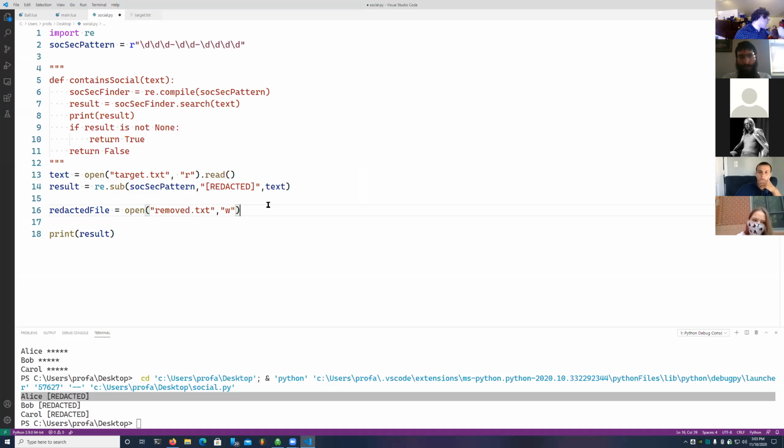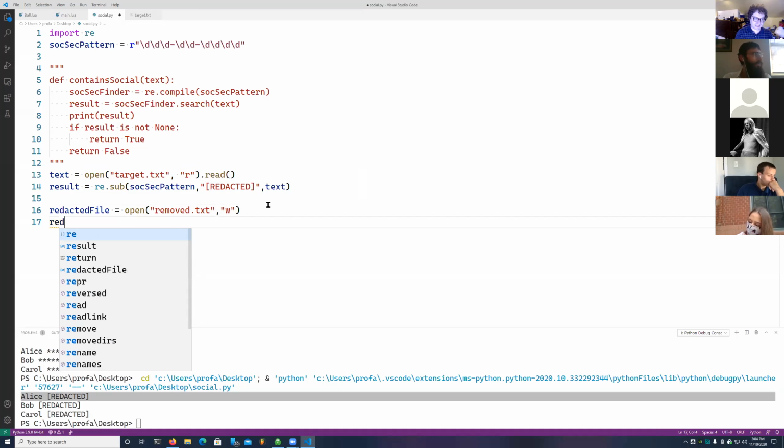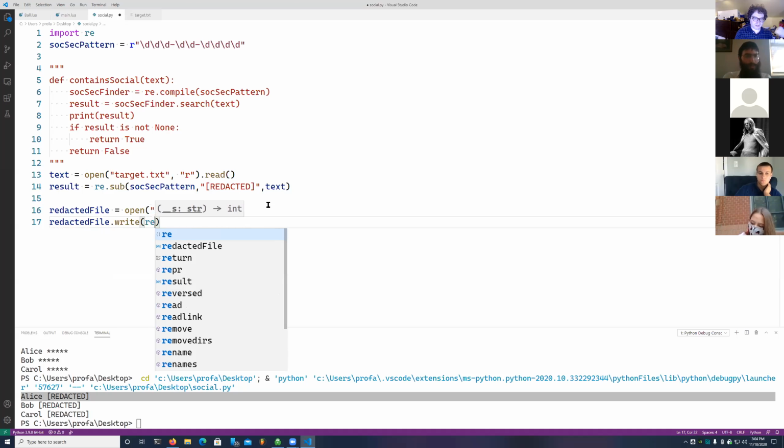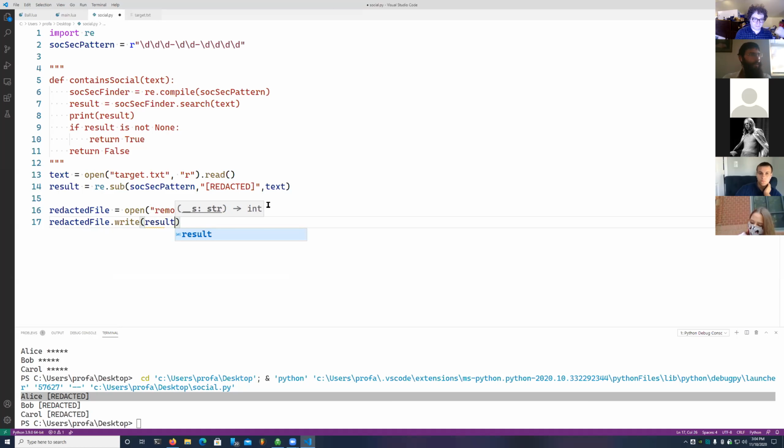Okay, remove W, we open it in write mode. And now all I have to do is say redacted file.write the result. And then redacted file.close. The reason I did it as read is that it doesn't remove any